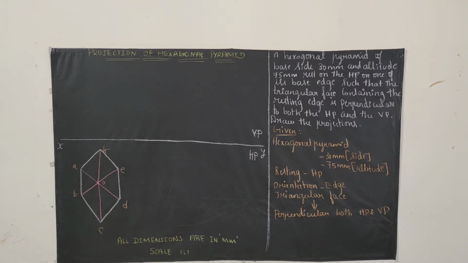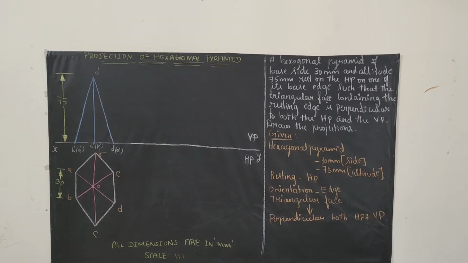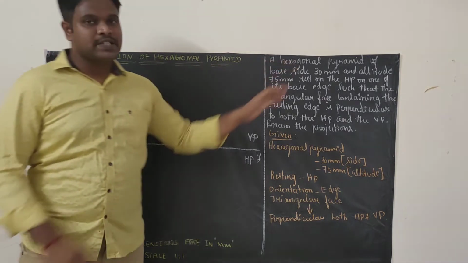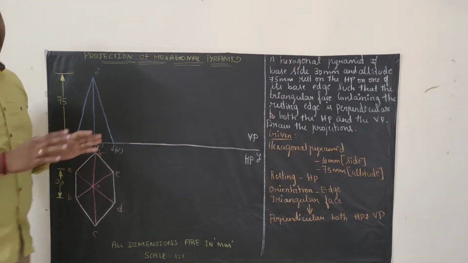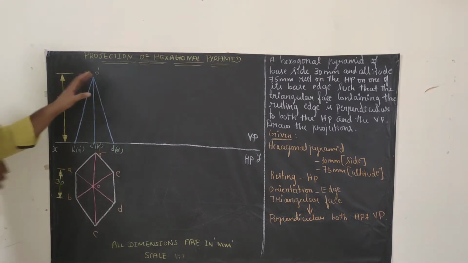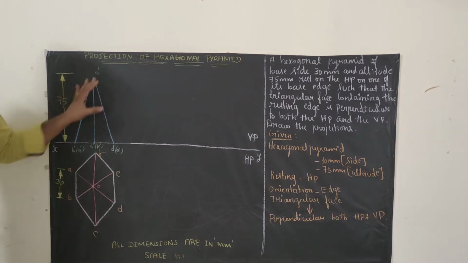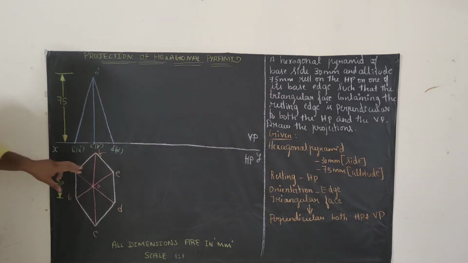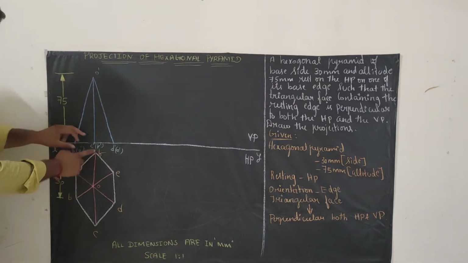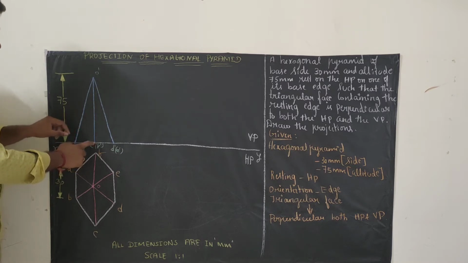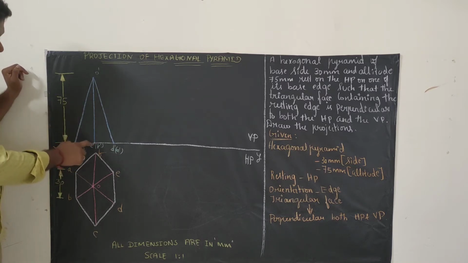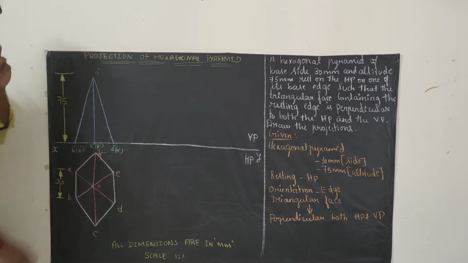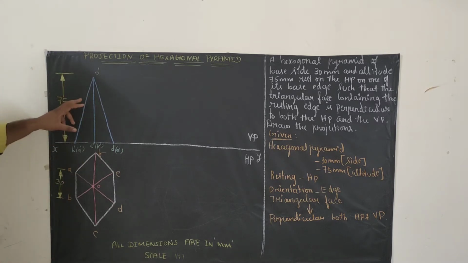By extending it, we can find the front view of the hexagonal pyramid. So the next step is we are going to draw the front view of the diagram. Since it's a pyramid, we know very well the front view will be a triangle. If it's a prism, the front view will be a rectangle. So you know how to draw the front view. They have clearly given the altitude as 75 mm. So try to keep your scale on F so that you will get a point here. From the reference axis, from this point, draw a line of 75 mm. The length of the line should be 75 mm.